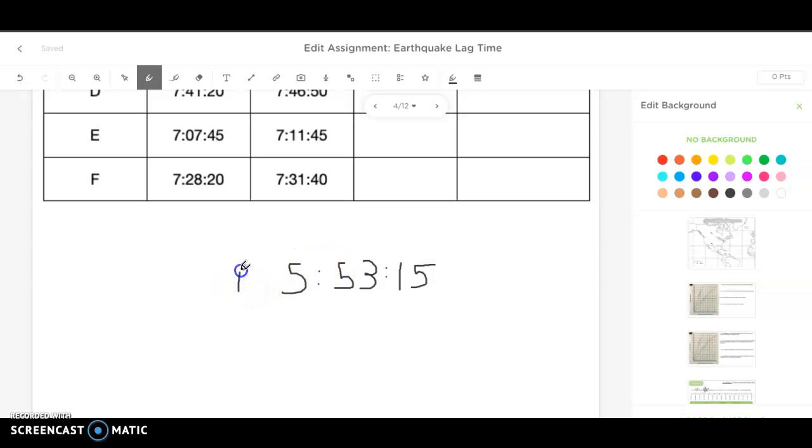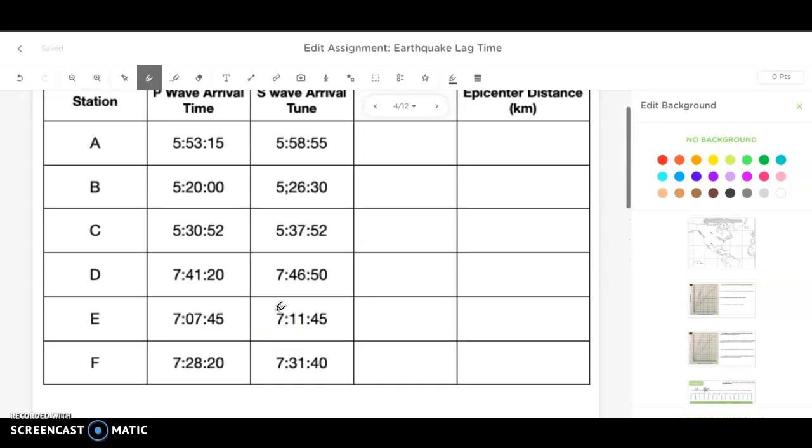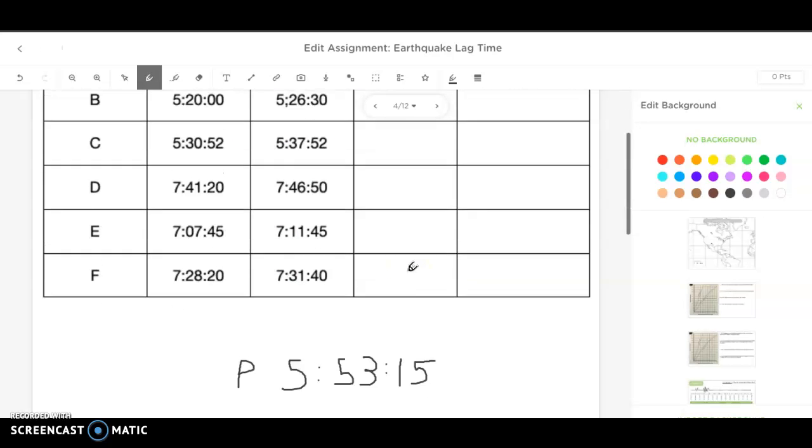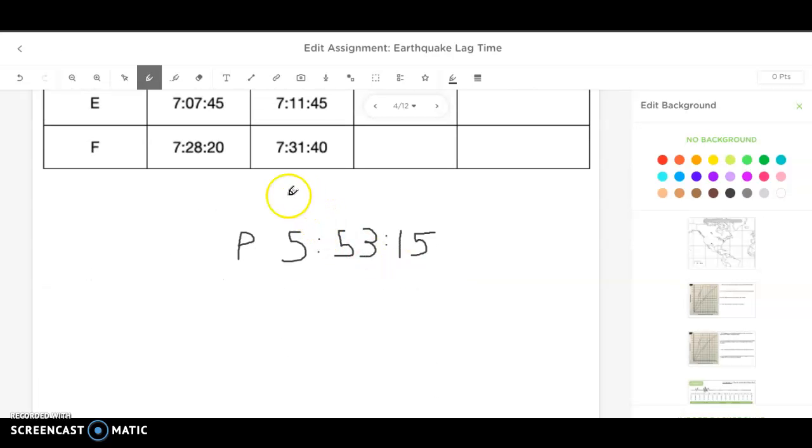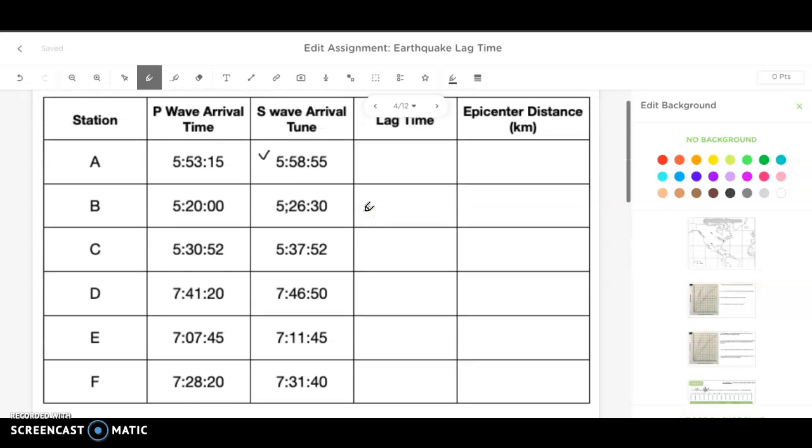And that's my P wave time. And then up here, I have 5 hours, 58 minutes, and 55 seconds. So that's my S. 5, 58, and